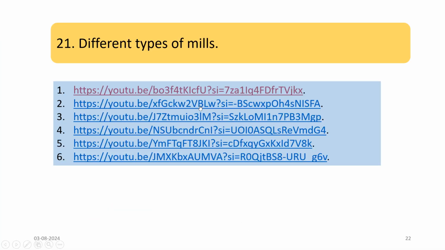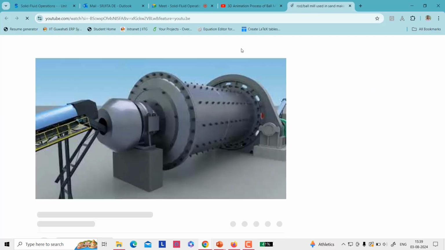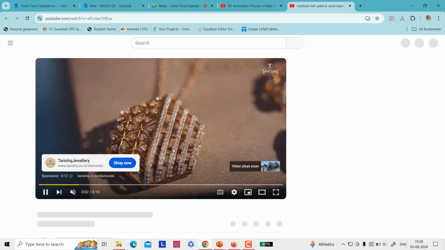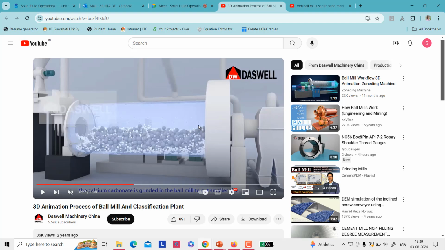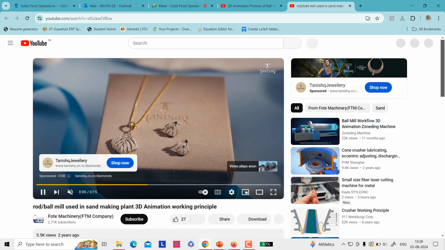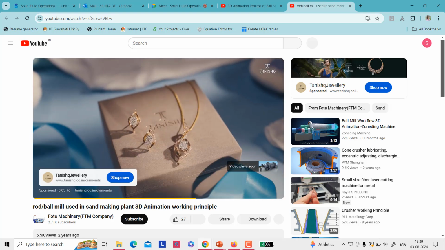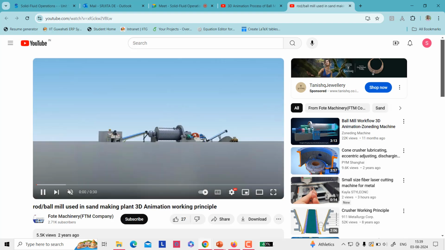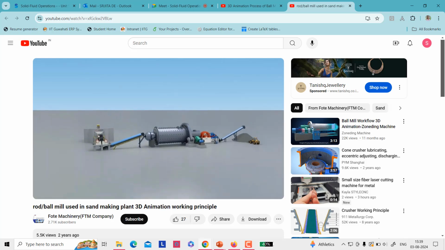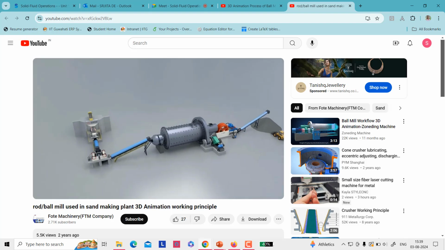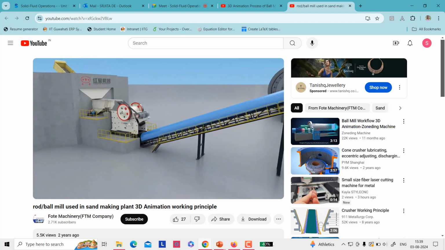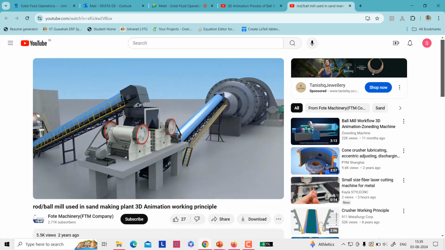Rod mill is also similar, but in case of rod mill, you will see rods in place of balls. So here in the ball mill, inside the main chamber, there are balls. But in case of rod mill, you will see there are rods. Same way the feeds are coming,